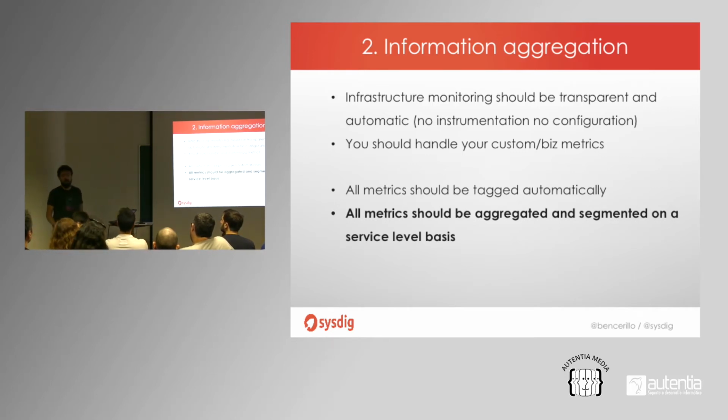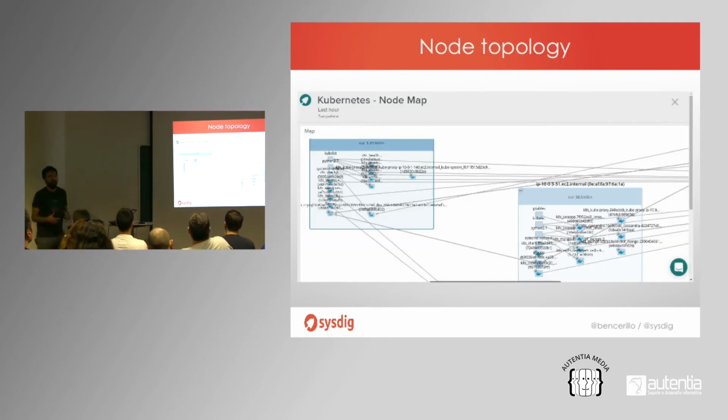It's going to be your container orchestration platform: Kubernetes, Mesos, Rancher, Swarm, whatever it is. So what if the monitoring tool could talk to your container orchestration platform and get all that information automatically? That way, you just focus on your application metrics and your KPIs. At the end, because if we look from a physical perspective, what we are going to see is something like